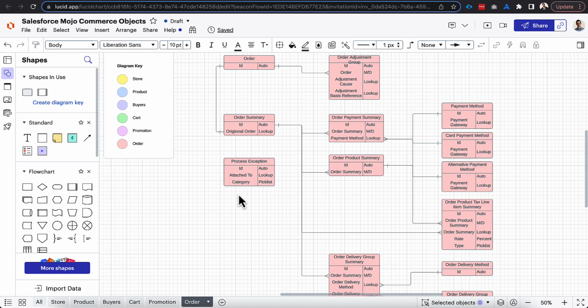If you're not familiar with process exceptions, you will likely be as you jump into Commerce Cloud, especially in LWR. Process exceptions are used to actually show that something happened, an error occurred in either checkout or one of the servicing actions. So this object right here is actually used across multiple different clouds, but one of the biggest ones is commerce and order management. So why don't we hop over there and talk about that first,